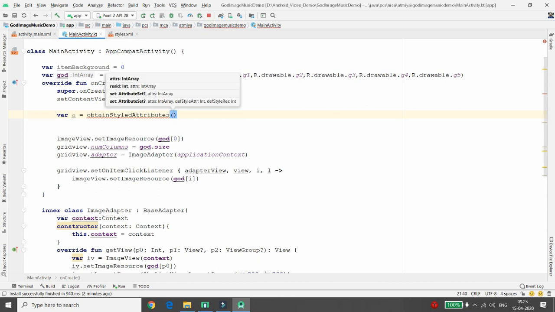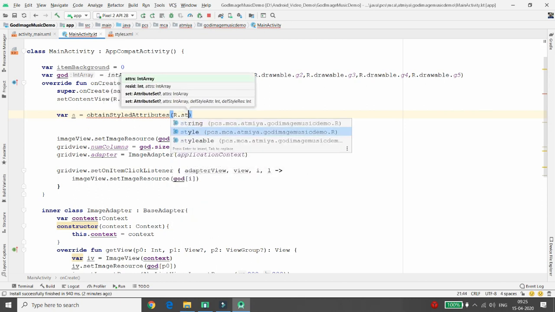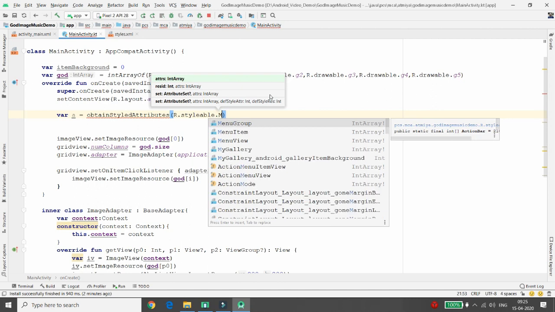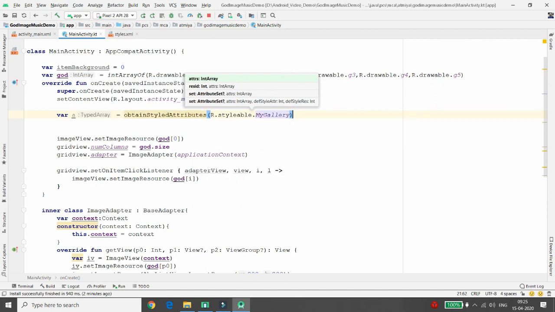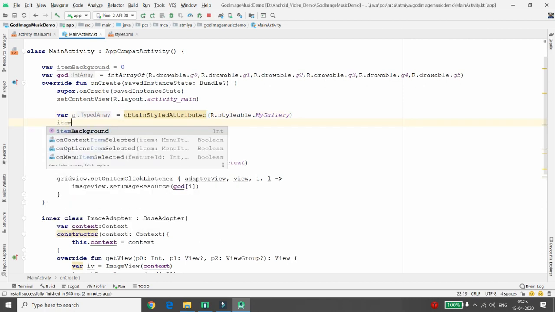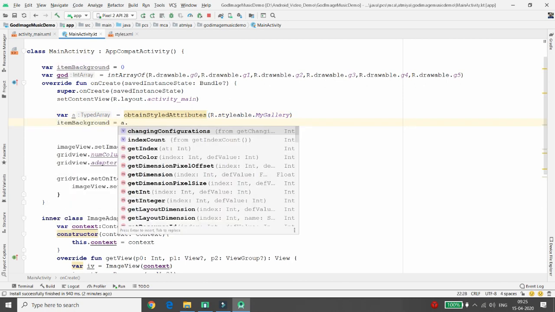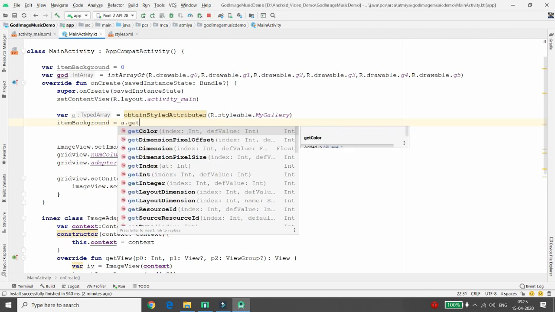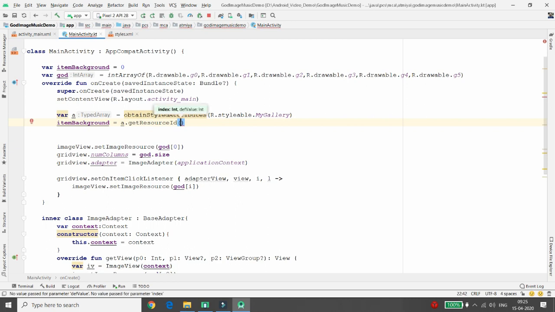Here you can call R.styleable, the name of your style, that is MyGallery. Once you get this style, your a variable is initialized, right? Now you can initialize your itemBackground is equal to a dot getResourceId, and then you can pass the name of your style,